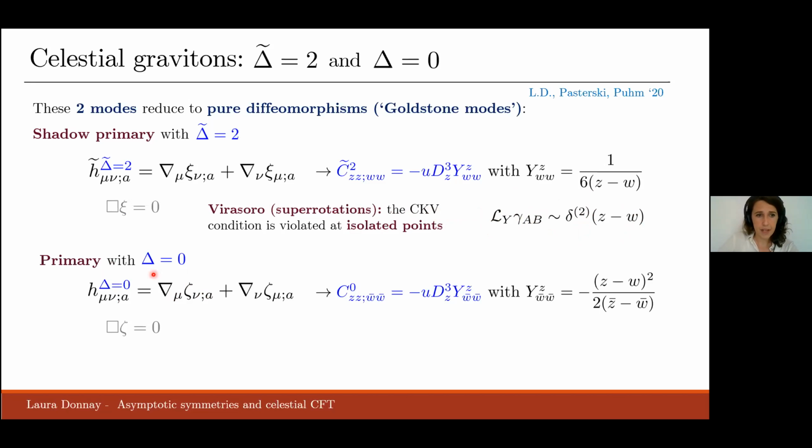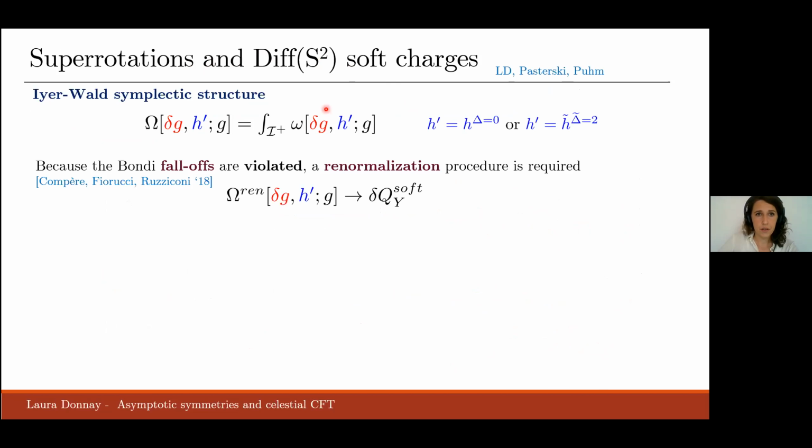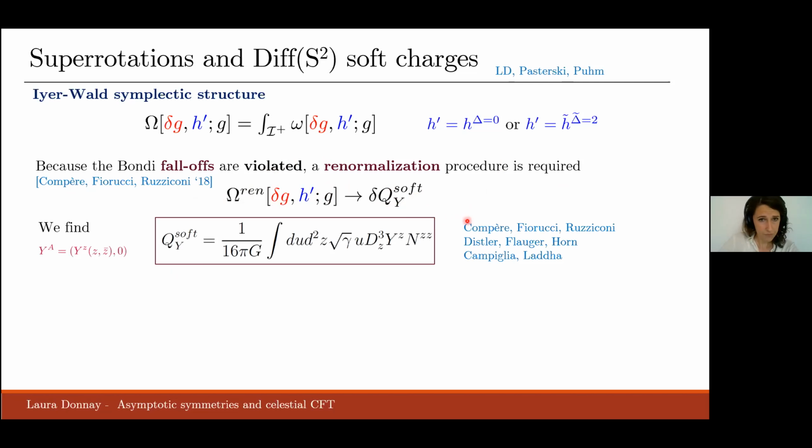On the other hand, the delta equals 0 primary corresponds to the full Diff(S^2) symmetry because it modifies the celestial sphere metric. Now we computed the symplectic structure involving this mode. Notice that this required a renormalization procedure that was developed by Geoffrey, Adrien, Romain. And when you compute this symplectic structure, you land on